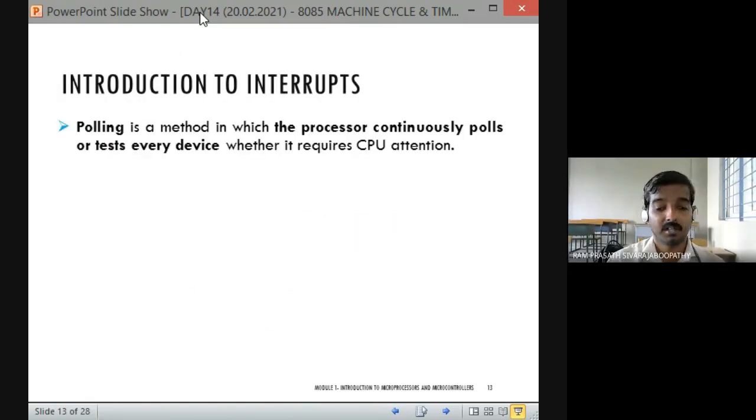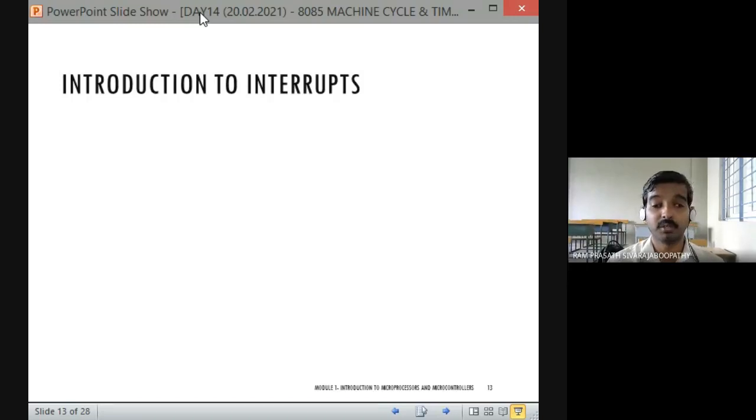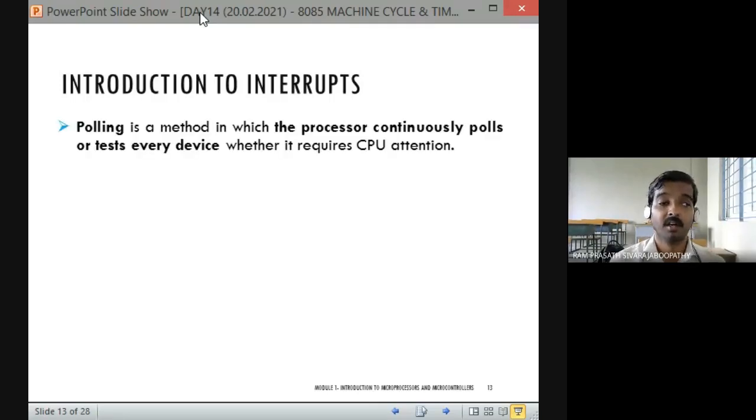So now we will get into the introduction to the interrupt topic. The remaining things we will continue in the next session. We have already spoken about interrupts, but before getting into the concept of interrupt, we have to know one thing called polling. Polling is a method in which the processor continuously polls or tests every device to check whether it requires CPU attention or